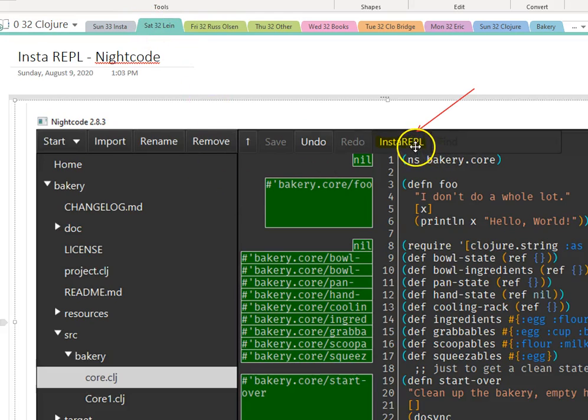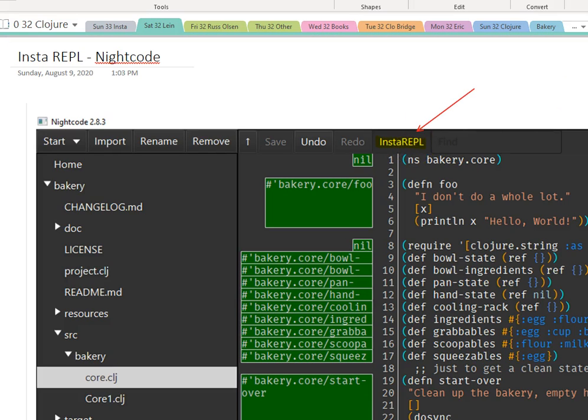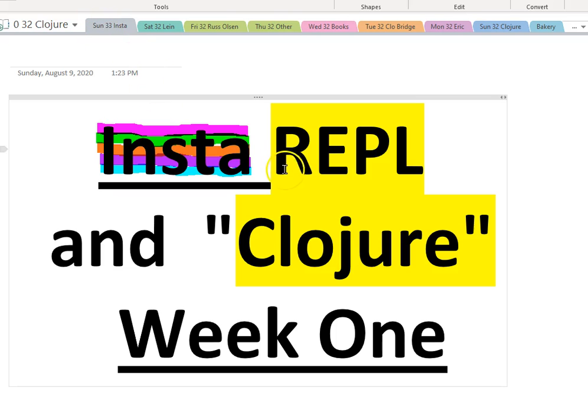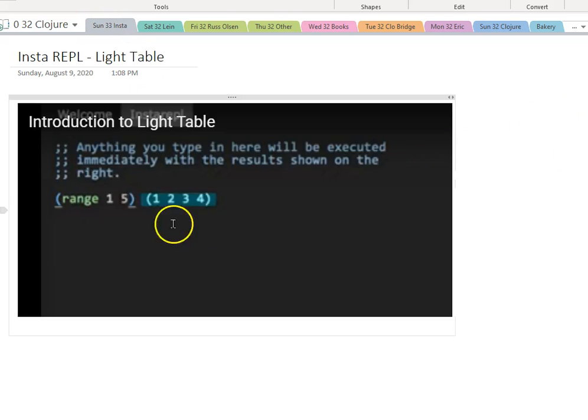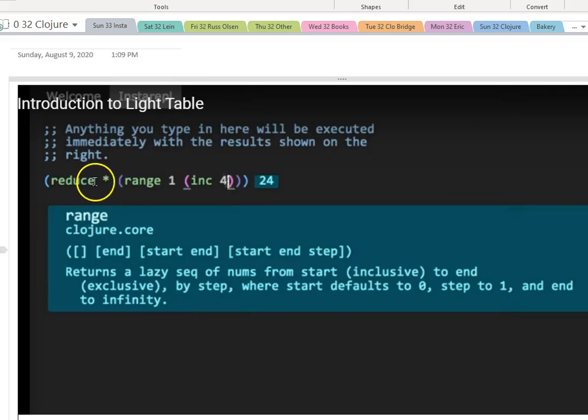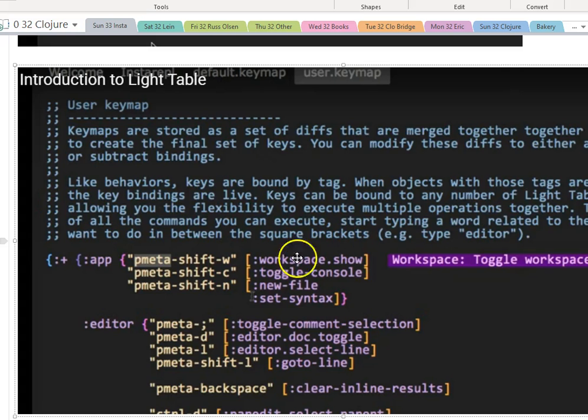InstaREPL. Okay, I meant to introduce InstaREPL to you. When I first learned about the InstaREPL, this was our title. And the thing I wanted to show you was, here is LISP code, and here's an instant response. It told you exactly what it was doing, even if it were complex code. And if you had a big program, you could click on any of the items and it showed you where you could find the definitions and other things. The fact that it's instant matters: a beginner should have instant feedback if possible, and that's what's happening here.